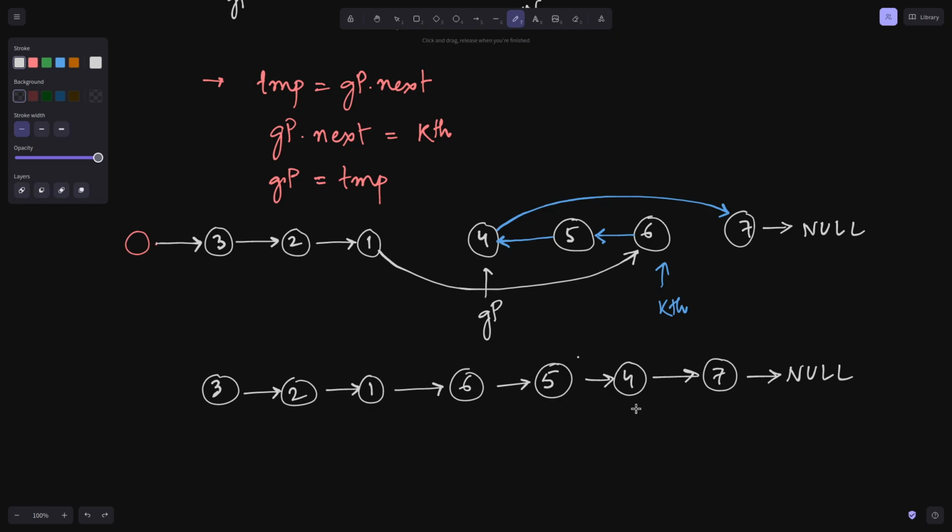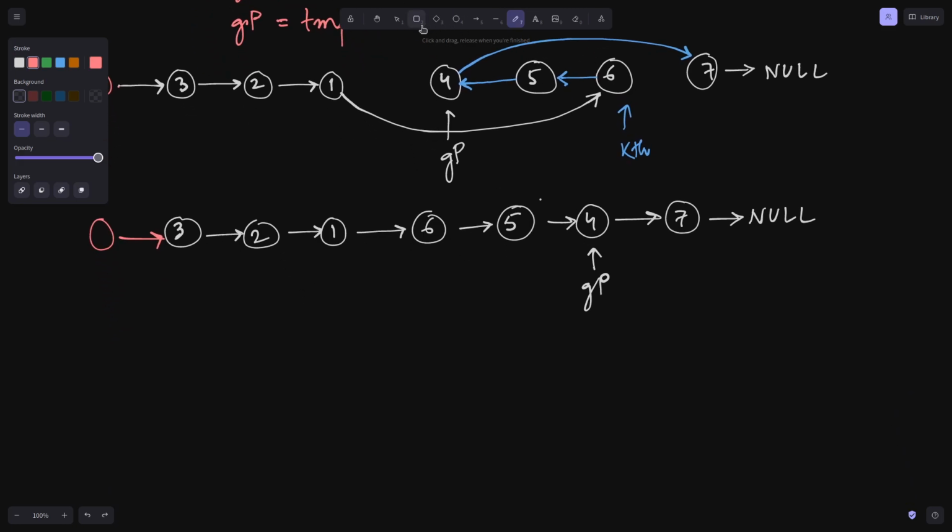Our GP is at 4, which is this place, and kth, well, we do not need k now. We would reiterate for the next group, which has only one element. So if we go ahead and do it for the first,